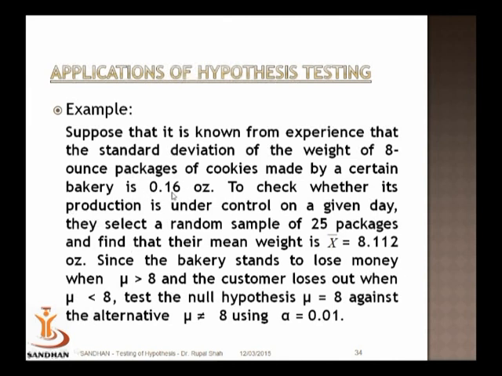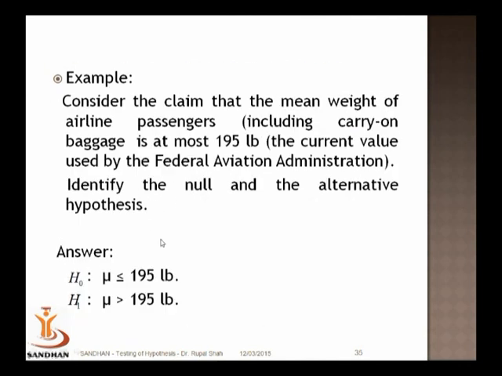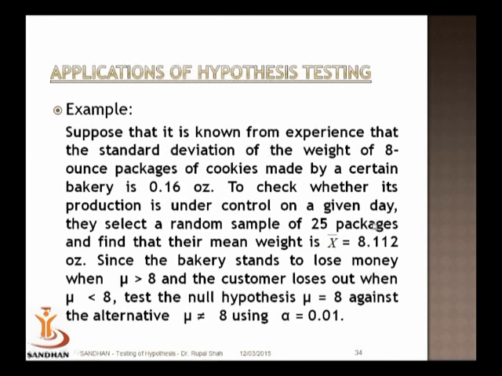okay, it should be 8. We should make a correction here. It should be 8. So 8 ounce is the standard package value. Now suppose on checking a random sample of size 25, on some day it is found that the mean, so now it is X bar, the sample mean, and the population mean you can call mu. So now you can understand mu is a parameter, a population value, whereas X bar is a value based on a sample, so it's a statistic. If the statistic value based on a sample of 25 came to, suppose, 8.112, what's the target value? The standard package should consist of cookies weighing 8 ounce.